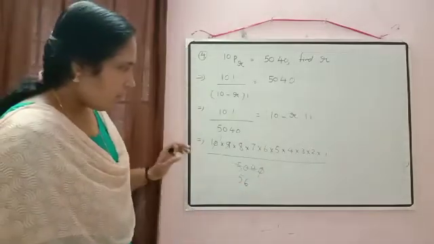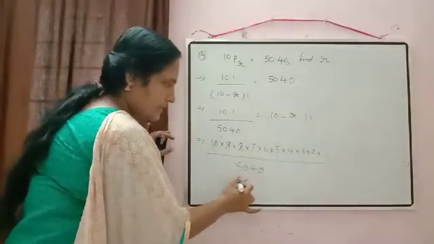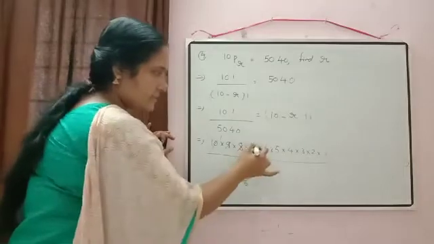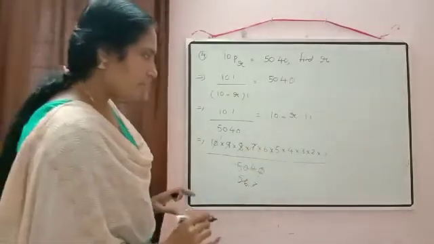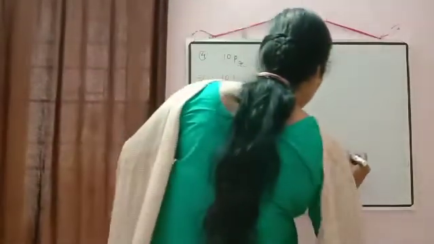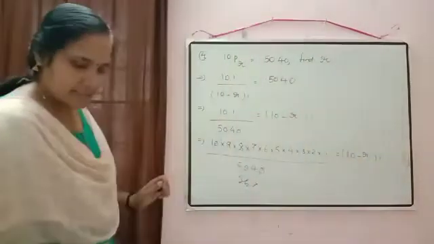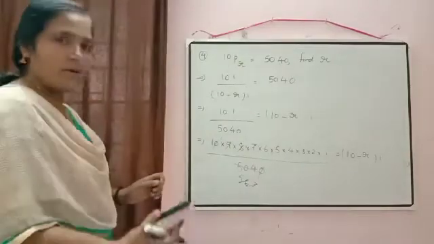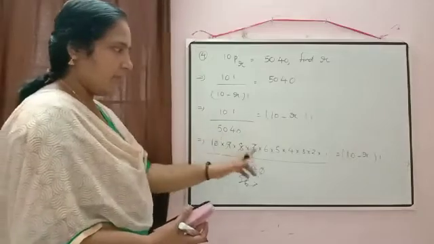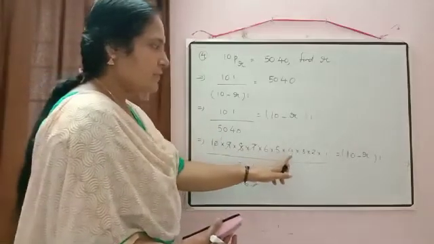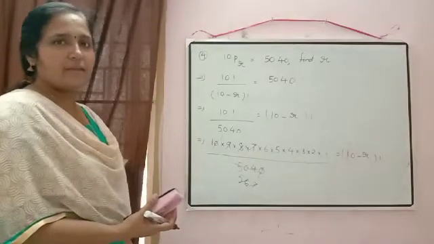Okay. Now by which one? By 8 we can cancel. 8 sevens are 56. Then 7 and 7 also will get cancelled. So what is remaining here? On the right hand side we have 10 minus r factorial. Now on the left hand side, what is the expression remaining? Everything till here cancelled. Remaining is 6 into 5 into 4 into 3 into 2 into 1. What is that? 6 factorial.